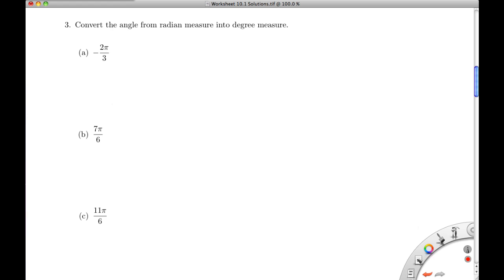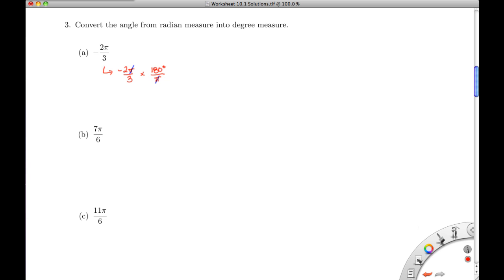So let's take the negative 2/3 pi, and we're going to go ahead and convert this. So we've got negative 2 pi over 3. Now, similar to the way we converted last time, we're going to use that conversion factor. In this case, we want degrees, so we're going to have the degree part of that conversion factor up top, and then the pi radians in the bottom. Again, the quantity of 180 degrees and pi radians is the exact same quantity, just a different unit associated with it. One thing we'll notice here is that we've got a factor of pi in the top and the bottom,